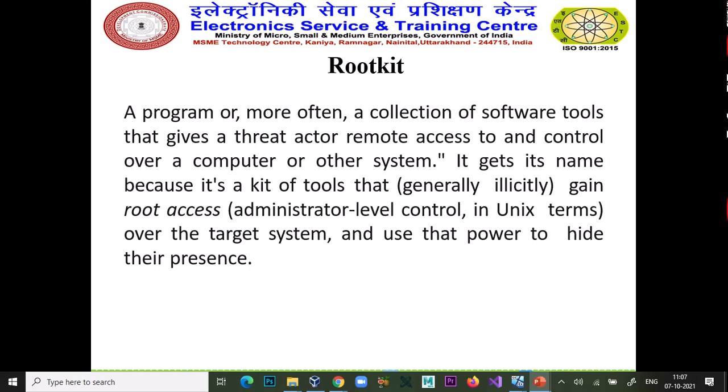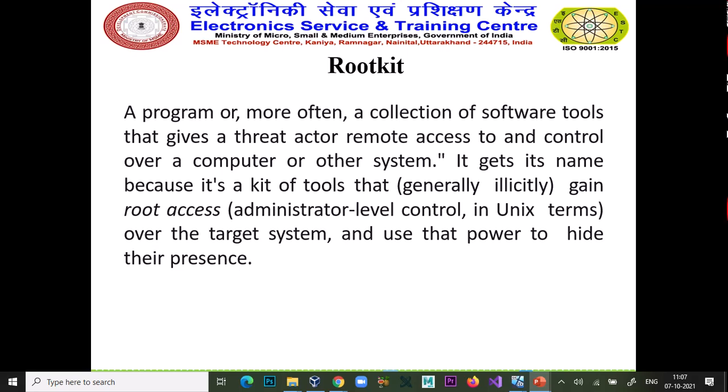Rootkit. Rootkit, as the name suggests, is root and kit. Kit means there are lots of tools there, and root means this group of tools is looking for the root.